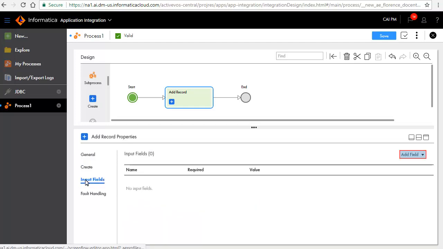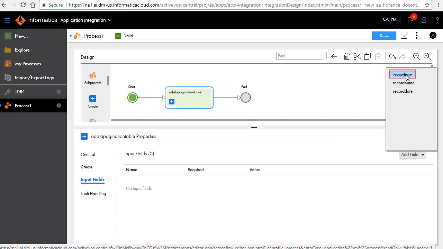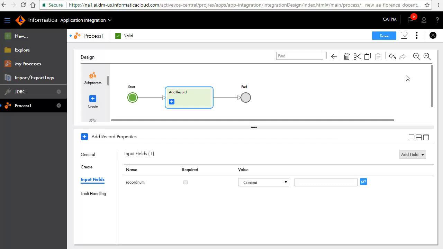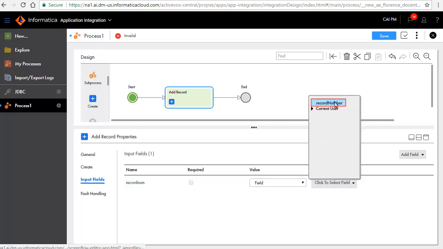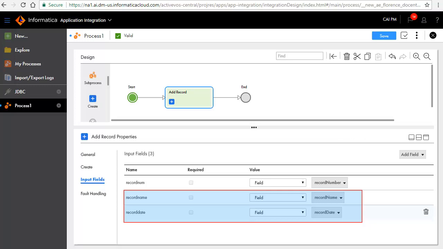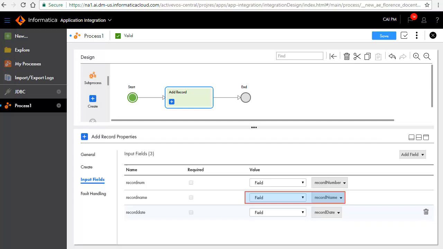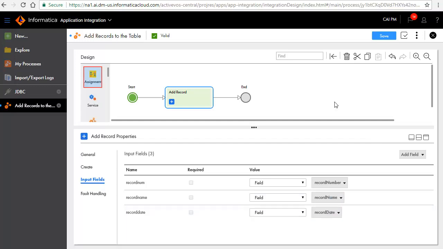In the Input Fields tab, add record num as input. Set the value for record num as field, record number. Similarly, we have added record name and record date, and have set their values as field, record name, and field, record date. We'll now add an assignment step after the add record step,